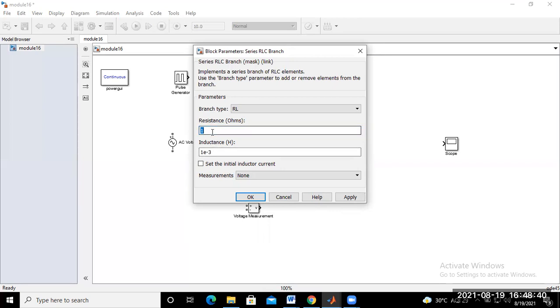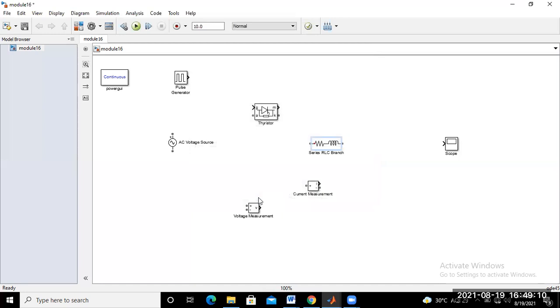If you want to put any specific value of resistance and inductance, just click on this one and put the values here. Suppose you want to put 5 ohm and 2 millihenry inductance. So just put it here, okay. So this one is converted into an RL load. Okay, so this one you can rotate.